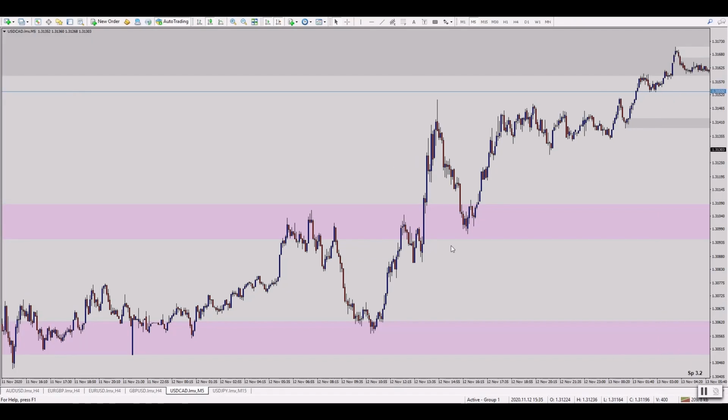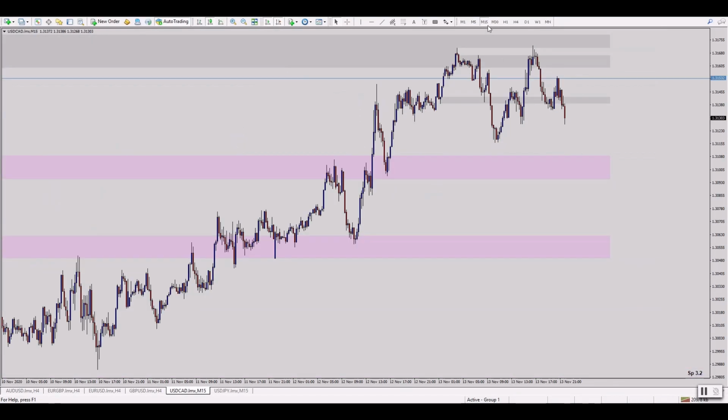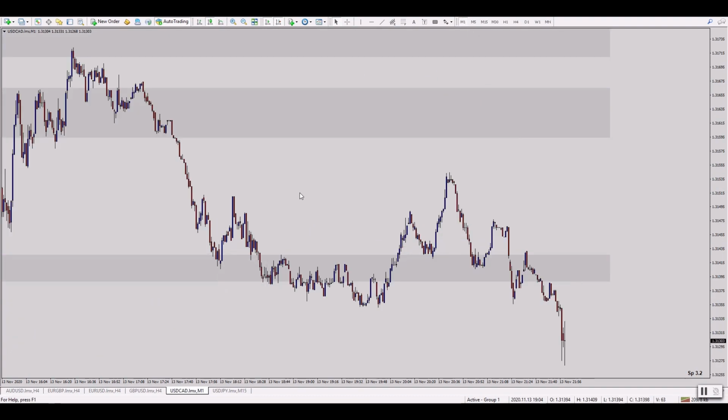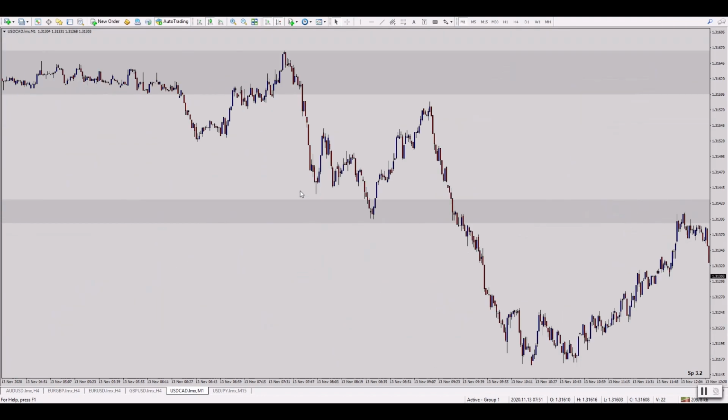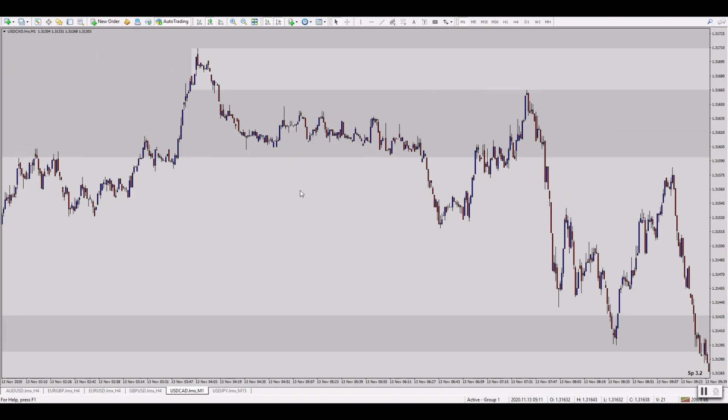They are super effective. I'd slightly forgotten about them, but I sort of hadn't really, because I've been trading a lot of break and retests, I just wasn't really using them that much. But they are fantastic. And don't be surprised if you see me trading an awful lot of them, especially once you get onto lower time frames. You will see them all over the shop. I can't actually see any now, but